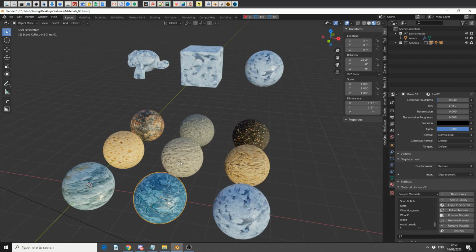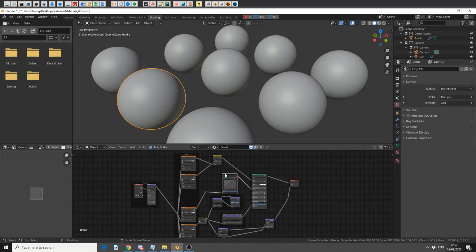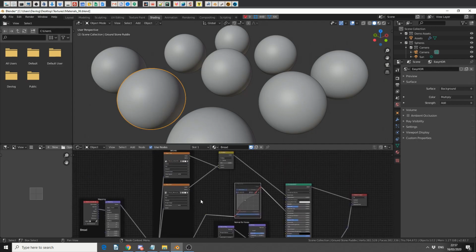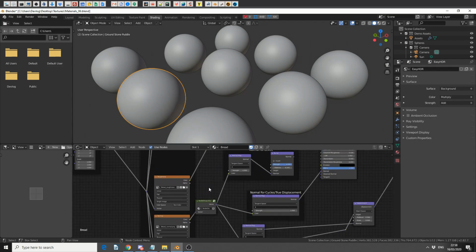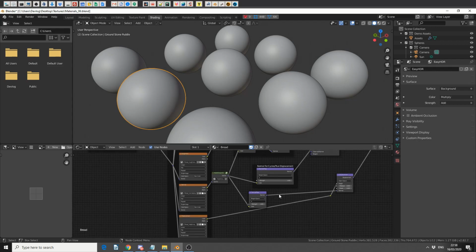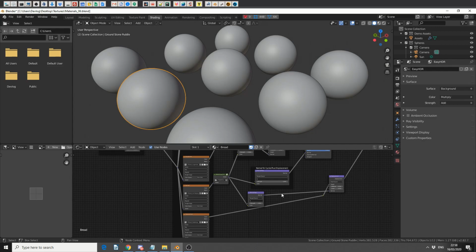Now what I'll do here is, I'll quickly select an object and I'll jump into the shading tab, and we'll just take a look at the PBR setup. Now, they essentially have a texture coordinate, which goes into a mapping node. You then have two different base colours, which go into a multiply node, and that goes into the base. They then have a roughness, a normal map, and a displacement map. Now there are different setups here all ready for you in case you want to use Eevee or Cycles, but I'm